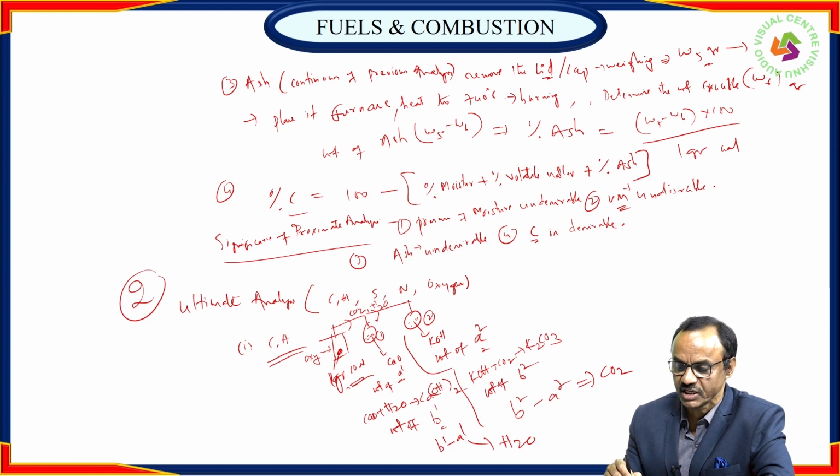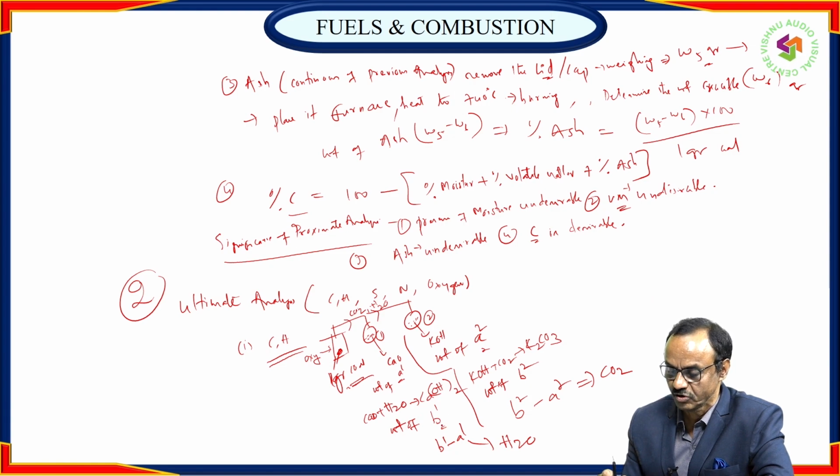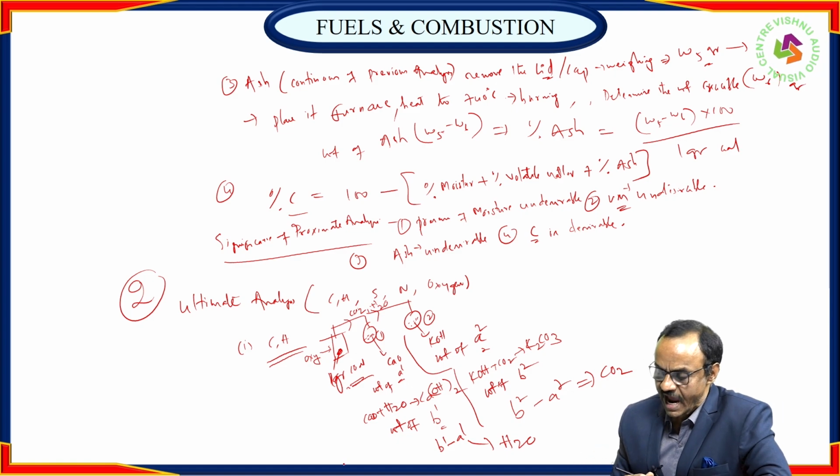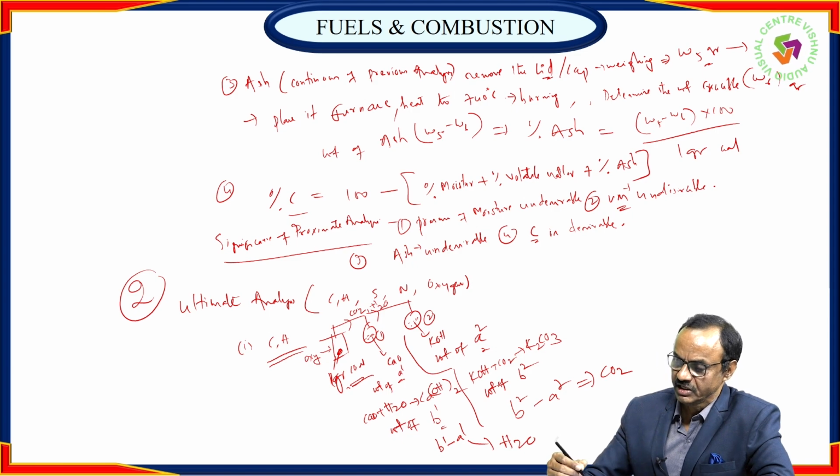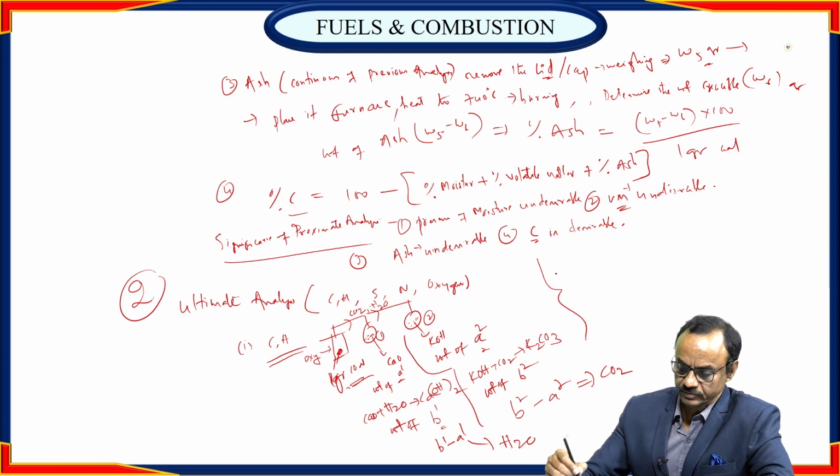The first bulb absorbs H2O, and you determine the increase in weight. After absorption, the weight is called B1. After absorption, the weight of the second bulb is called B2. Subtract the initial weights A1, A2 from B1, B2 for bulb 1 and bulb 2. You will know the amount of H2O vapor and the amount of CO2 produced. Using the stoichiometric relationship, determine the hydrogen and carbon. Very easy.